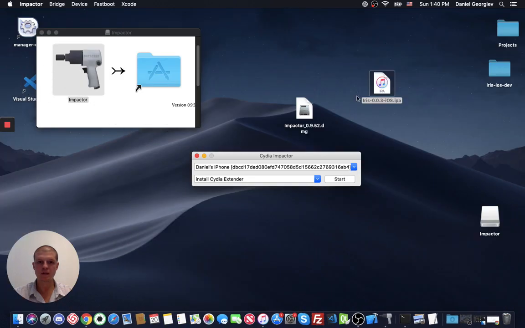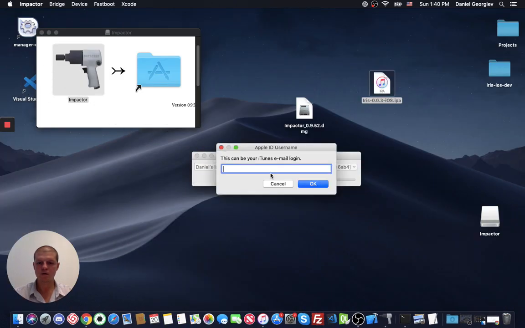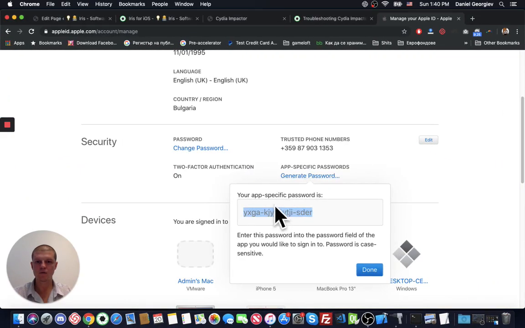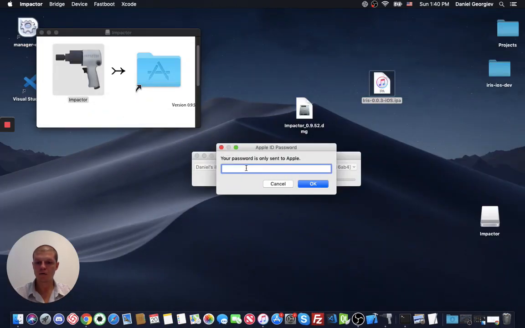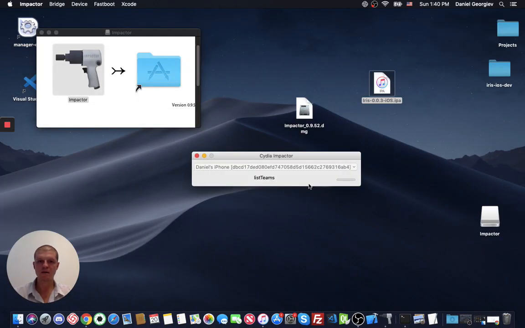Let's do the same process again. I drag and drop this here. I enter my email. I click OK and enter this password from here. It's not my regular password that I use to log into iCloud. When I paste this, you see that